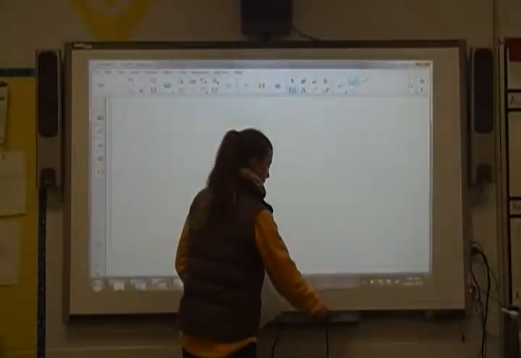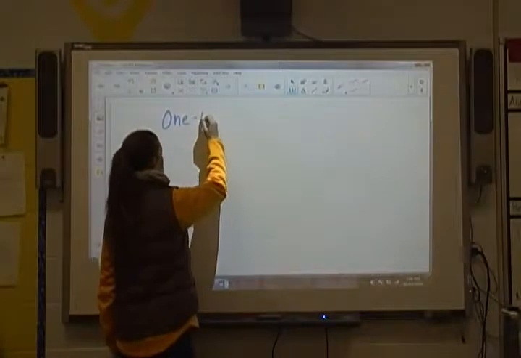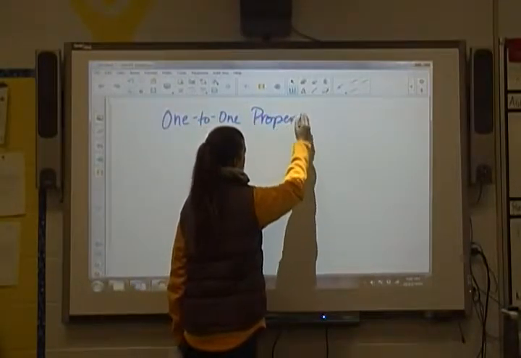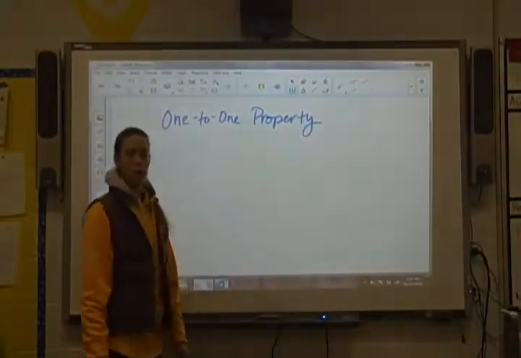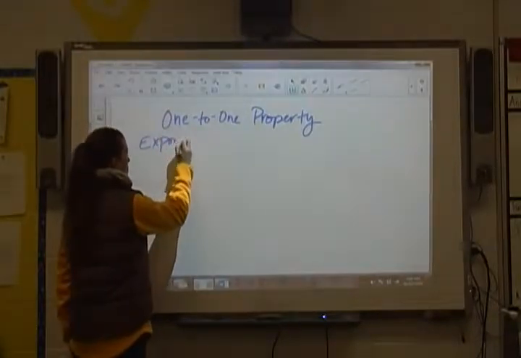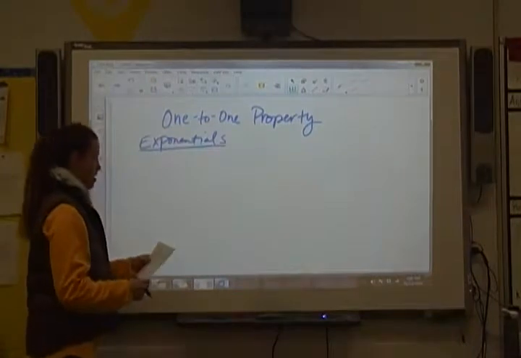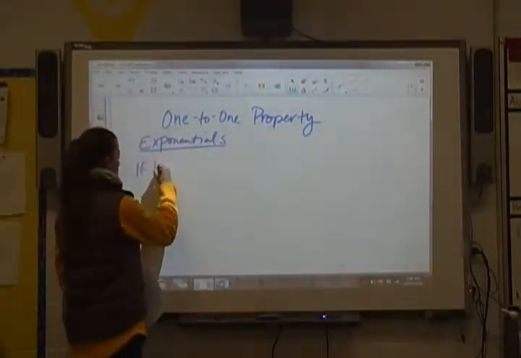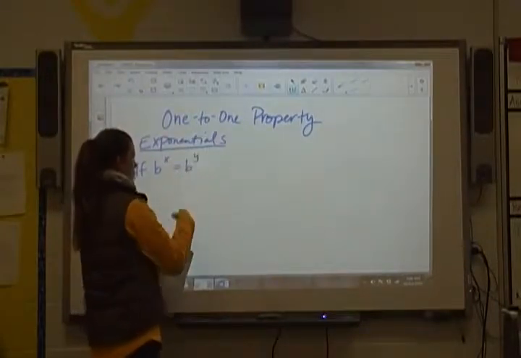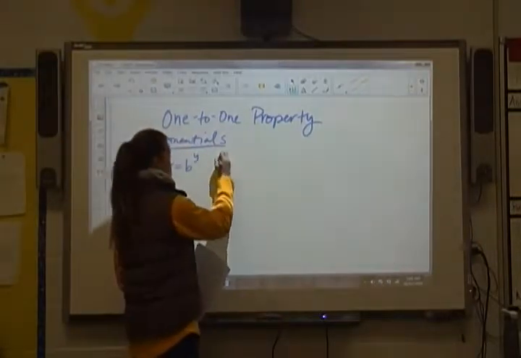The one-to-one property of logarithms and exponentials. So if we're talking about exponentials, if b to the x equals b to the y, so the bases are the same, then that tells us that